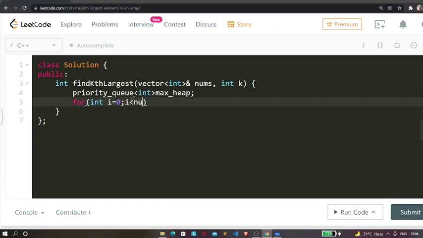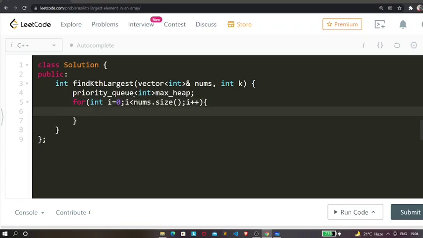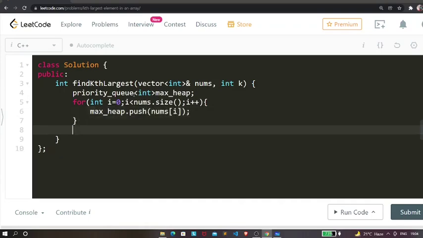So let's just push it, nums.size, and let me increment this i by 1, and then we're going to push each and every element of this array into our max heap.